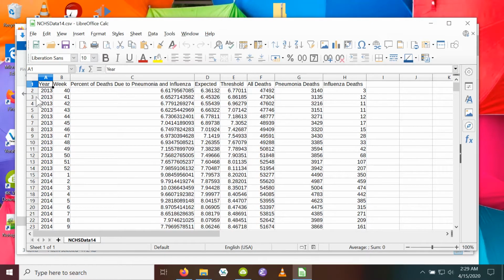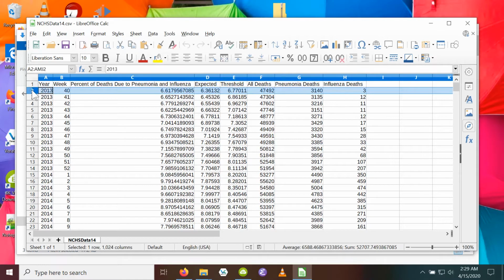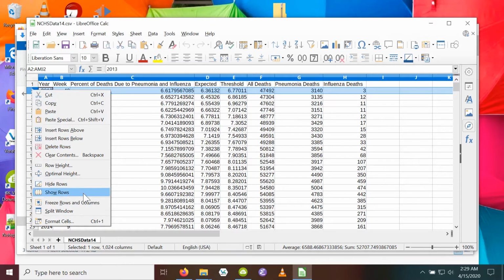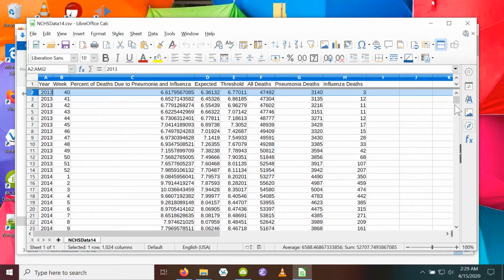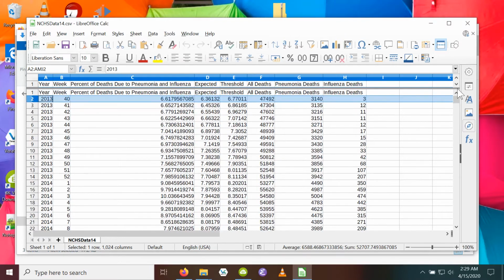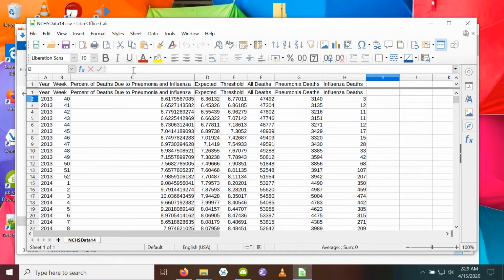I'm now going to give you a tour through this and show the basics of it. So let's go here, and we're going to do this. The reason we do this is so I can see the headers as I scroll down. All right. The next thing I'm going to do is sum the pneumonia and influenza deaths for each week. That's here. So I'm going to do equal sum, and we want G2 and H2 here. We get a value there. Okay, so that's for that week. The sum of these two is 3143.